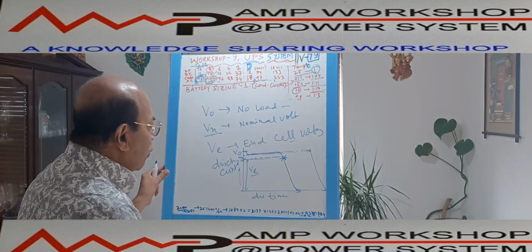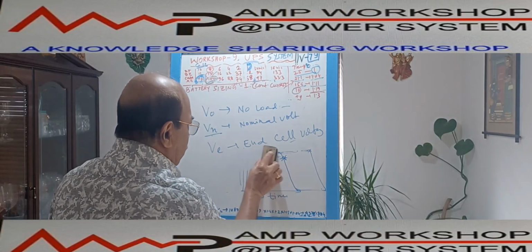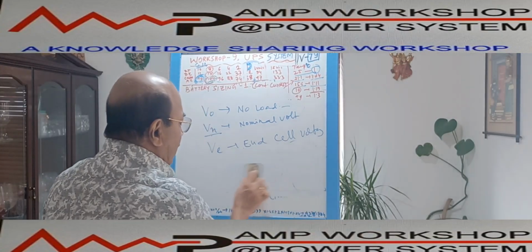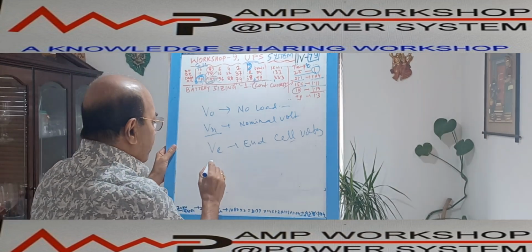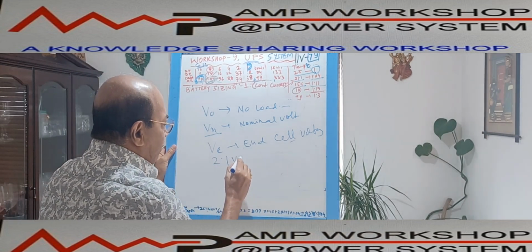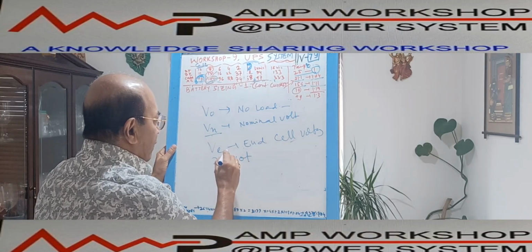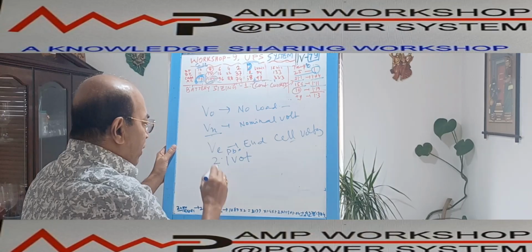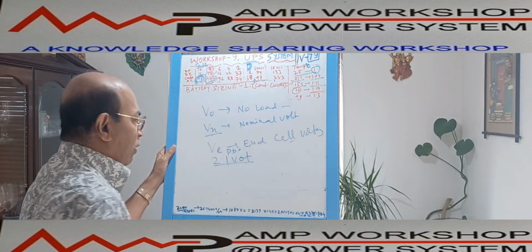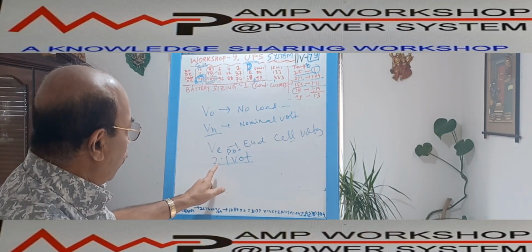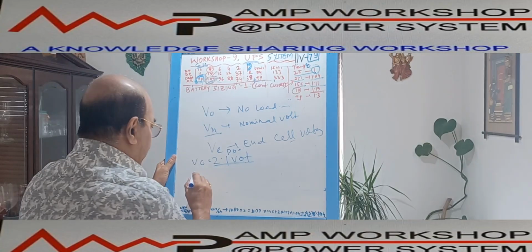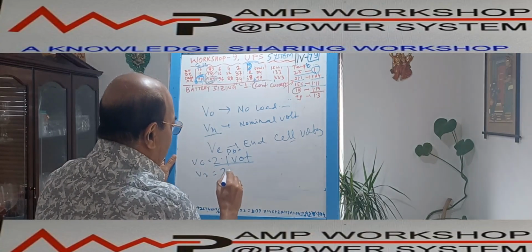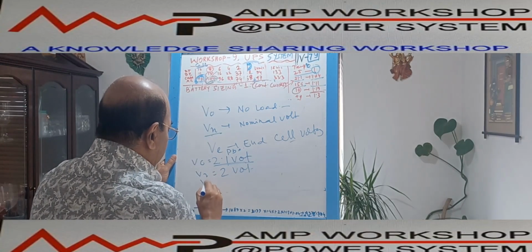Now, if you look into these voltage parameters for the two types of battery we discussed, in the case of lead acid battery, normally the nominal voltage is approximately 2.1 volt. Okay, and this is the no load voltage. In the case of lead acid battery, the no load voltage V0 is approximately 2.1 volt, and if you go to Vn, that is approximately 2 volt. And the end cell voltage